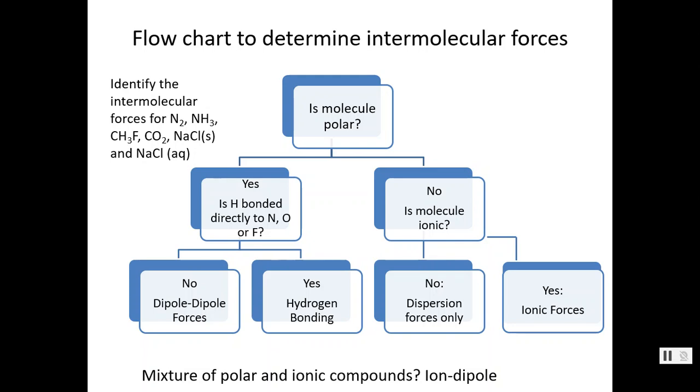Okay, so we have now covered the 4 types of intermolecular attractions that are discussed in this chapter: dispersion forces, dipole-dipole, hydrogen bonding, and ion dipole forces. So how do we use that information to determine which force is present in an atom or molecule? Following this flowchart will help you determine the type of intermolecular attraction or attractions that are present